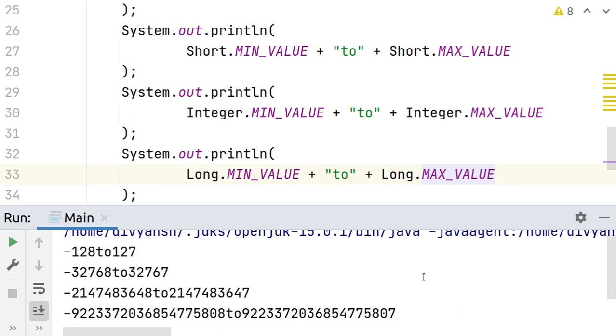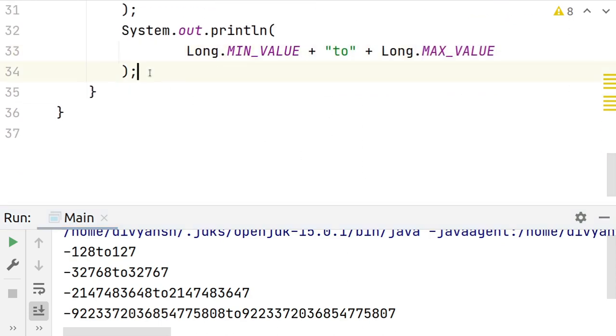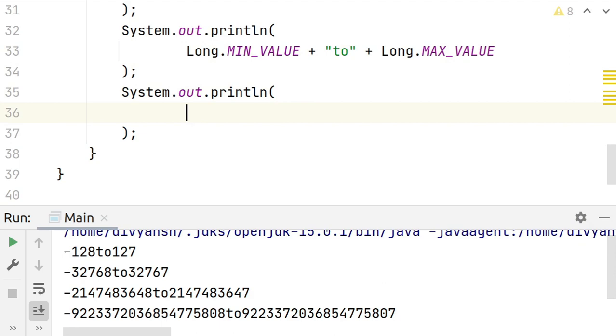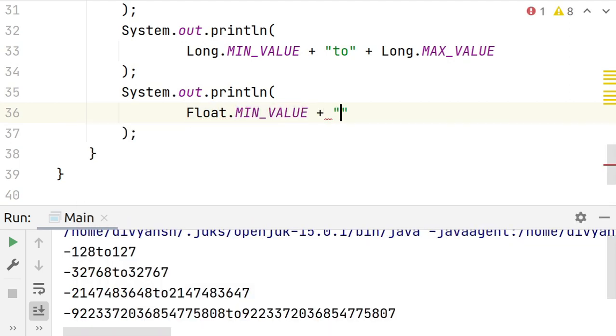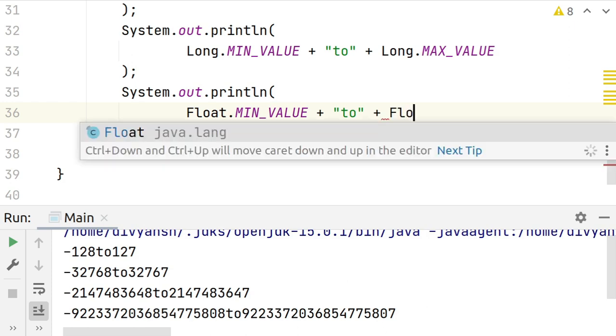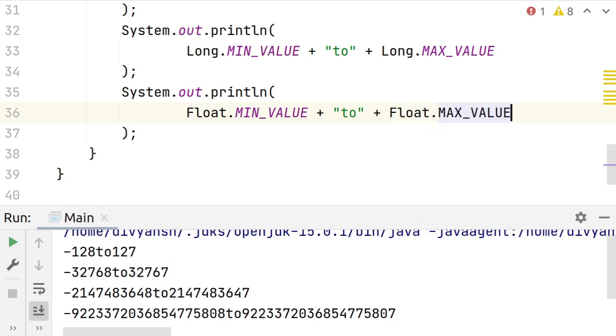So you can see that there is a specific purpose for every data type. If we have a number that exceeds a particular data type, we can use the next greater data type to store the number, right?